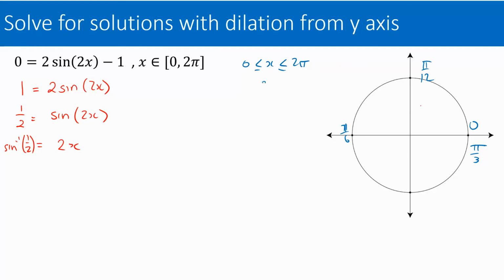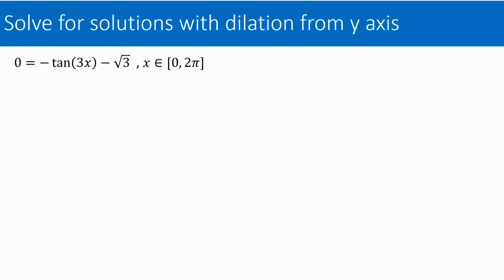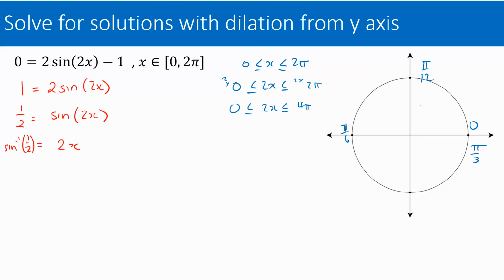So we're going to say now, if I had 2x, that means I double everything. So 2 times the x. So that means it's 2 times the 0 and 2 times the 2 pi. So this now becomes 2x is equivalent to 0 to 4 pi. Does that make sense what I'm doing there? It doesn't matter what these endpoints are. If this is a 2x, that means twice whatever x is. So I'm doubling the intervals. Okay? And so my interval now is from 0 to 4 pi, and I do everything exactly the same as